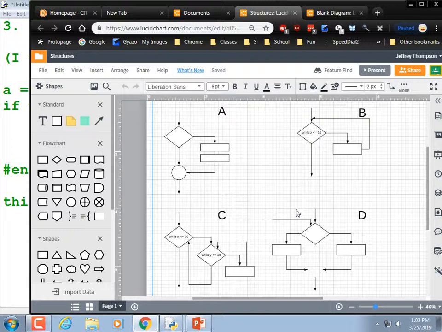Single outcome means it's something or nothing. Dual outcome means it's something or something else. And then we have a loop, and then we have a nested loop. The difference between drawing an if statement and a loop is that an if statement hooks back up underneath, and a loop has a line going back to or above the while block. This is how the book shows it, going above it. This is how I like to do it, with the line going back to. Doesn't matter. Logically, they mean the same thing.